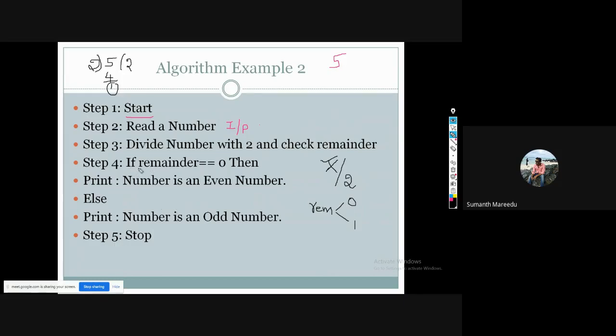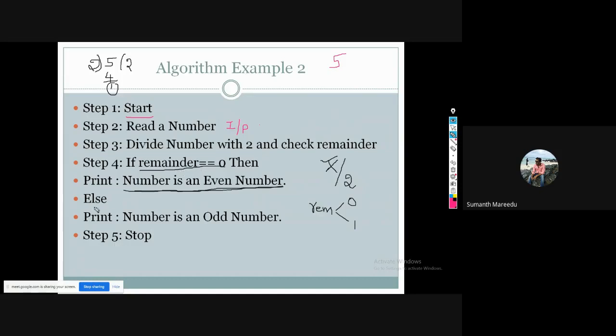See, I am writing: if the remainder value is 0, then I'll print the number is an even number. What if the remainder is not equal to 0? That means if it is 1,